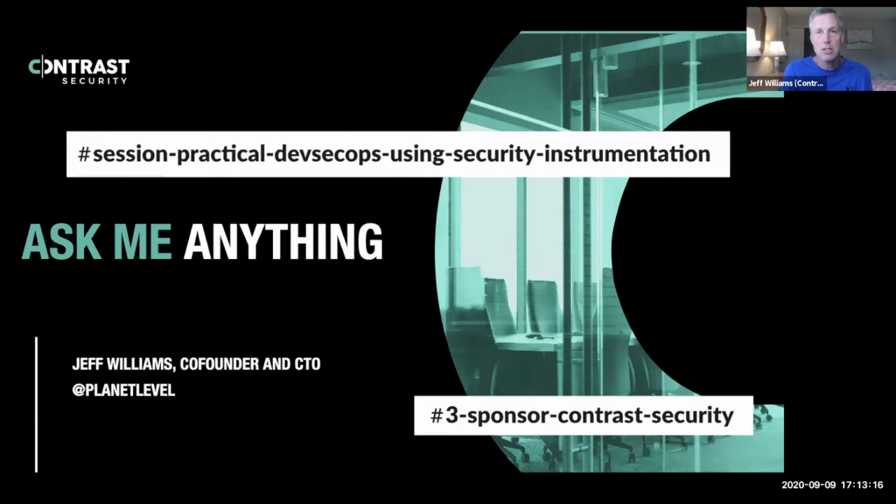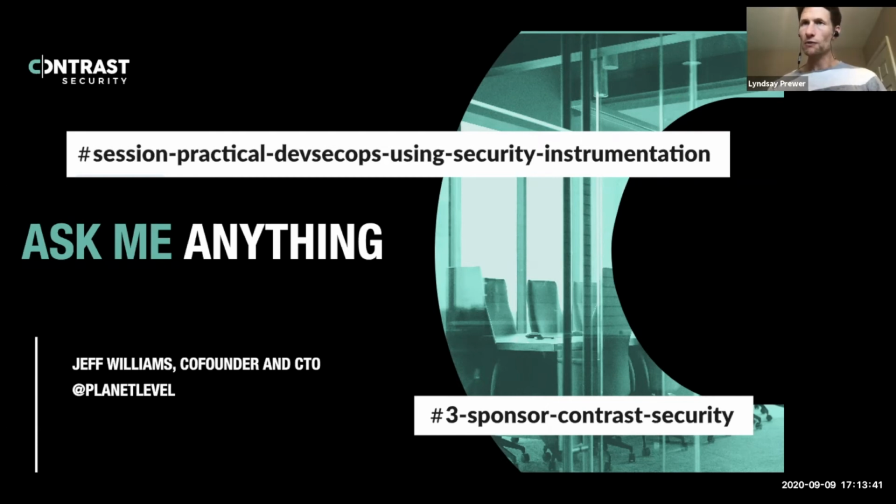It's kind of irrelevant whether that code's running in containers or cloud, or Elastic, whatever, it doesn't matter. You can set up your instrumentation to just run as part of the application. So it goes wherever the code goes. Great, thanks, Jeff. Anyone else want to chip in on that before we move on to the next question?